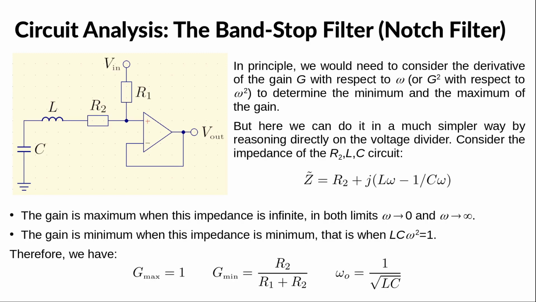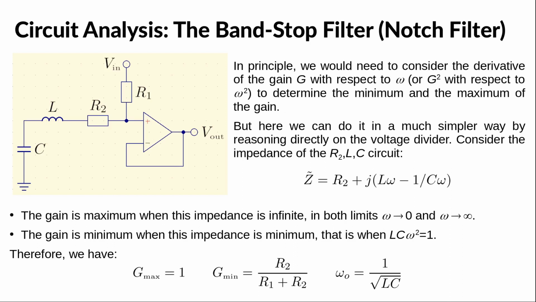Now we want to determine the maximum and the minimum values of the gain, as well as the frequencies for which this happens. And in principle, we would need to calculate the derivative of the gain and set it to 0. But we can actually solve this problem in a much simpler way by reasoning directly on the voltage divider. It should be clear that the gain is maximum when the impedance Z of the R2 LC circuit is infinite. Clearly, this happens in both limits, omega going to 0 and omega going to infinity,